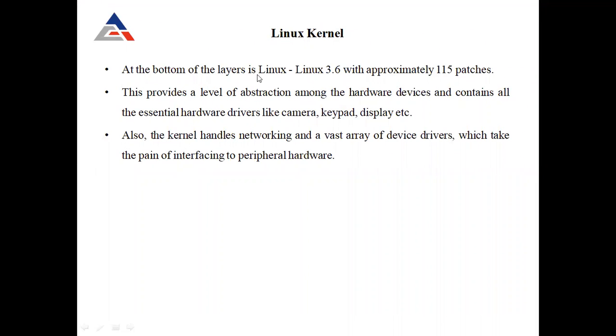At the bottom of the layer is Linux 3.6, which has approximately 115 patches. This provides a level of abstraction among hardware devices and contains all the essential hardware drivers like camera, keypad, and display. So whenever we attach any device to Android, it will automatically download the driver for that and run that hardware